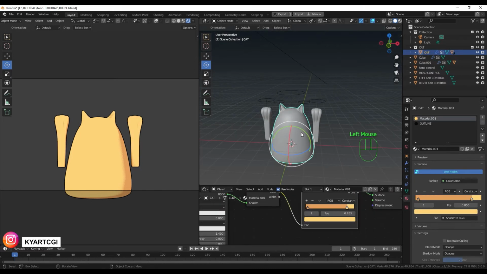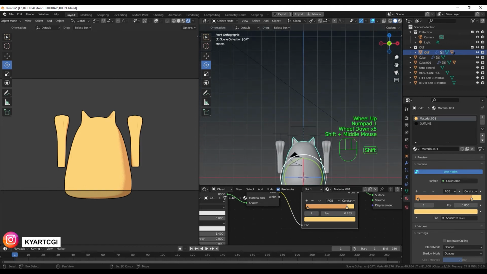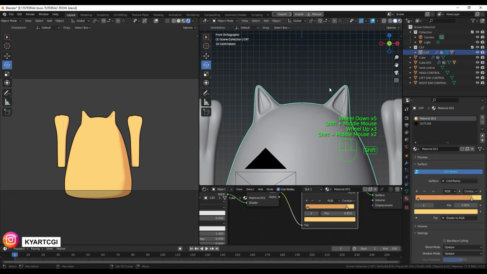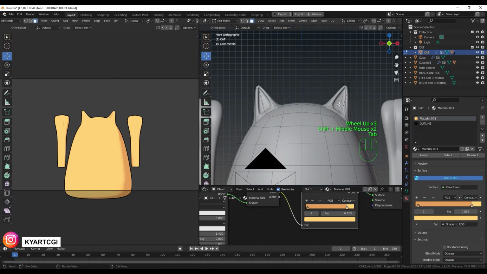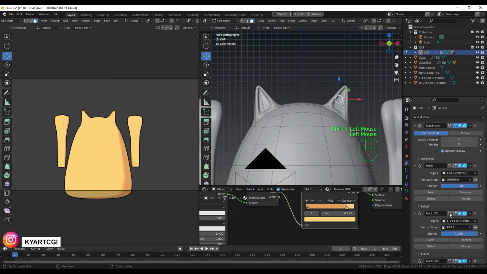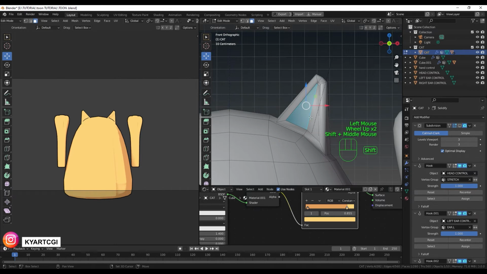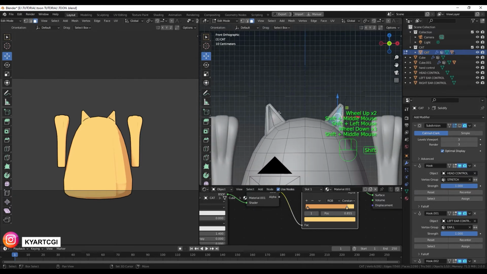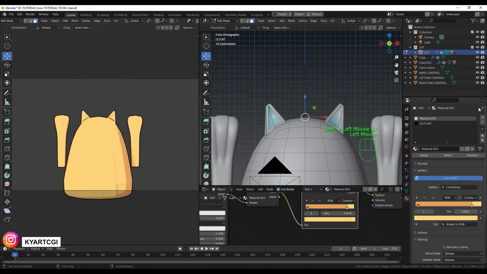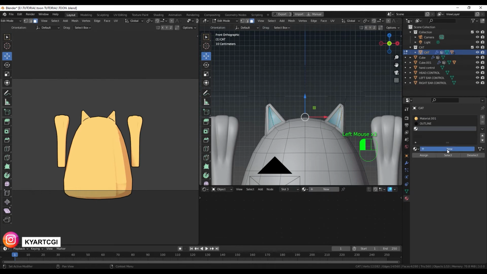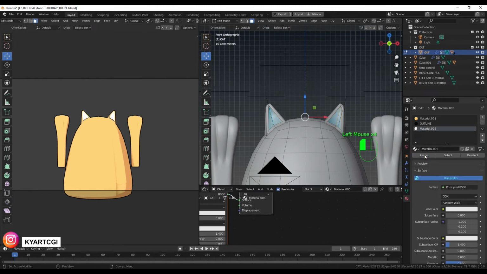Now we're gonna create one more material for the ears of the cat. Very simple. From view, then we are going to go right here. We go to edit mode, and then we're going to select faces and hold down shift. Now if you can see it, you can activate on cage, or you can deactivate the modifier in the viewport. Okay, right here, hold on shift, and then we go to material, new material,